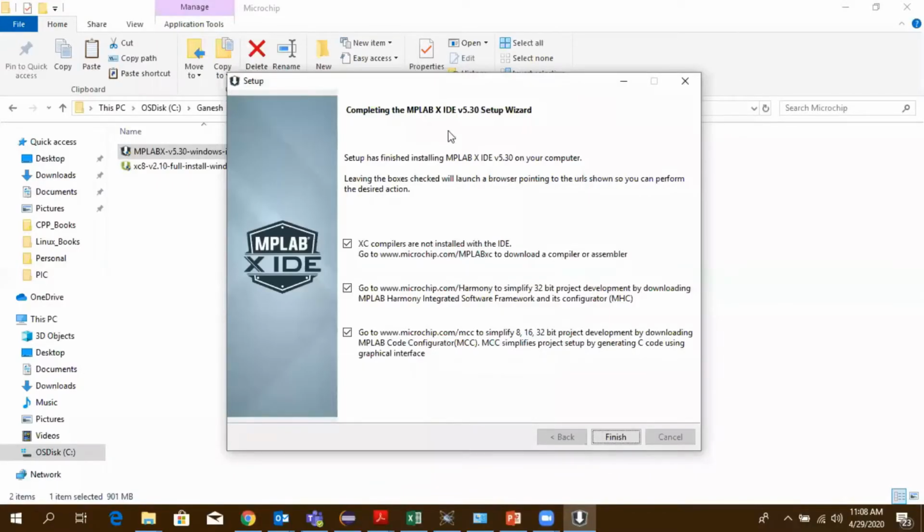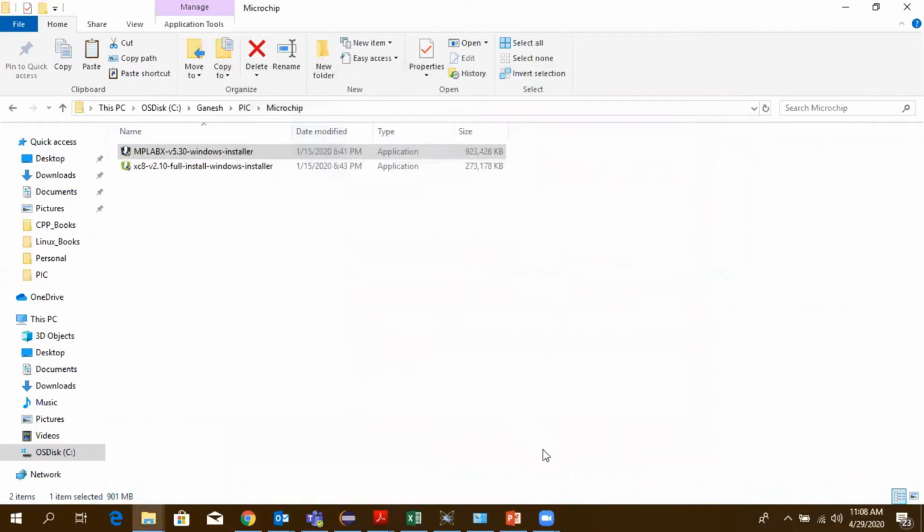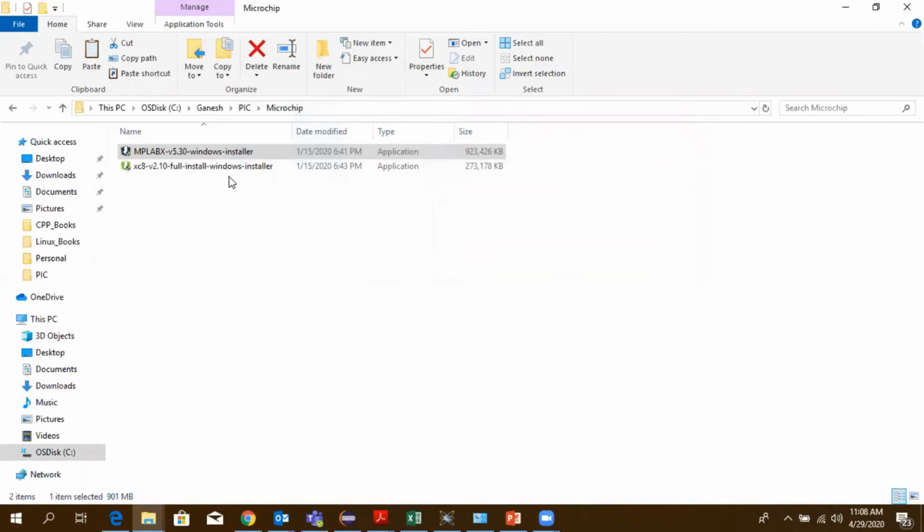So the components get installed, and finally you see a screen here. You just click finish. We will go on to install the XC8 compiler, the C compiler.